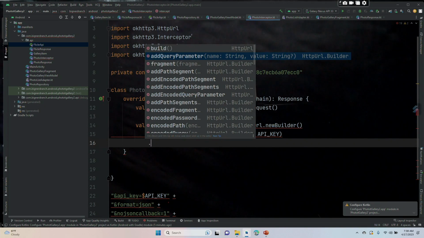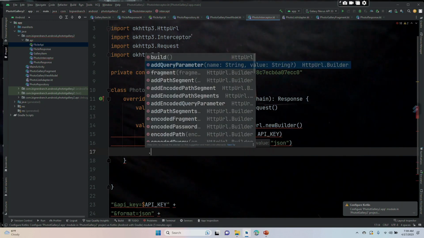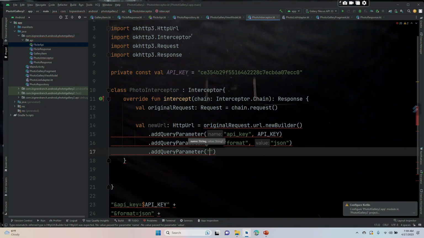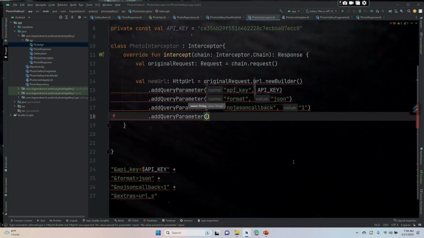Dot, and then we have a bunch more of these add query parameters, and the next one is going to be format, and comma, and in double quotes, JSON, all lowercase, dot add query parameter, no JSON callback, and then in double quotes, one, dot add query parameter, and then let me scroll down, we're going to have extras, comma, and double quotes, URL underscore s, it's the double quotes by one key,